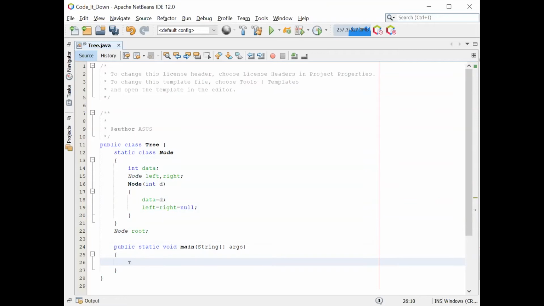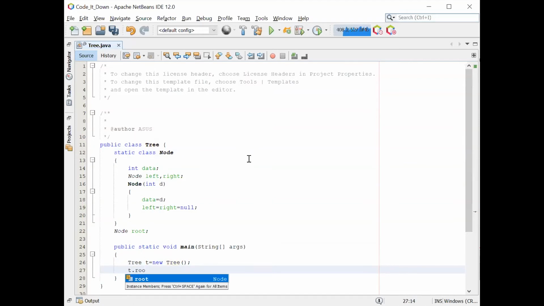We're gonna make the object of the tree t, and new keyword. Okay, so let's add the values to the nodes. t dot root equals to new node 1. t is the object of the tree class.